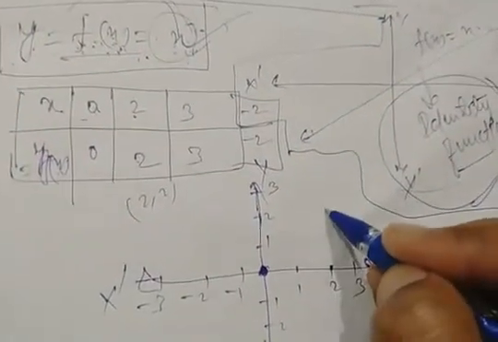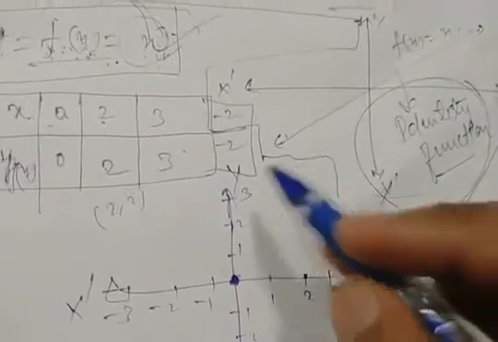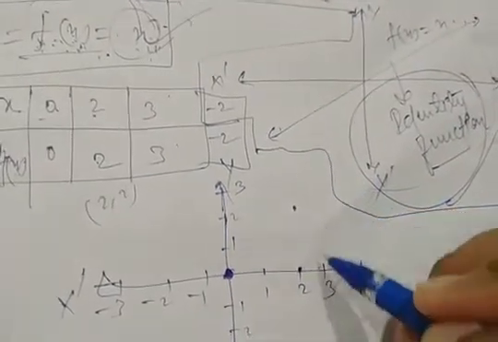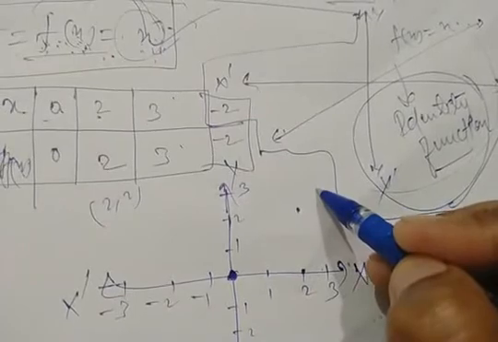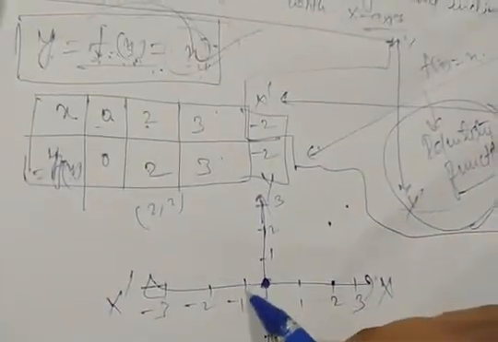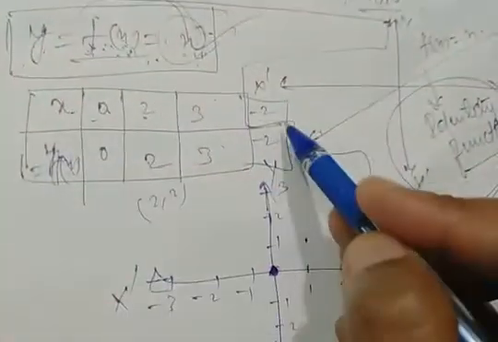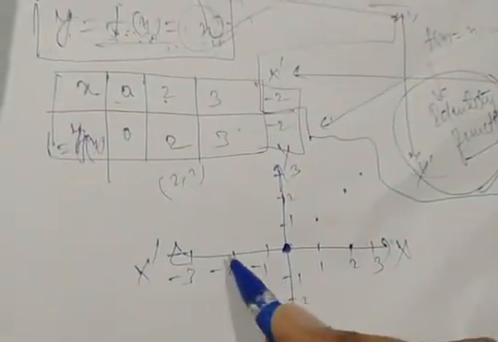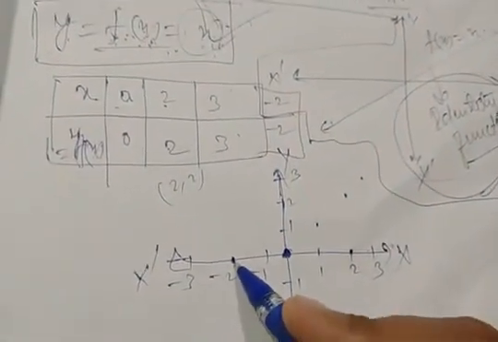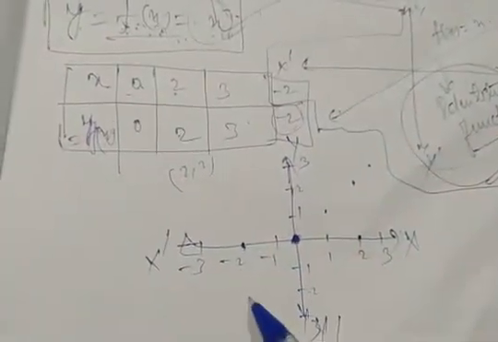Represented at what point? (2, 2) is at that point. Okay, (3, 3) we get at that point. Same as if we put 1, then the result we get is also 1, at that point. Similarly, if we put x is equal to minus 2, then at the y-axis we also get minus 2, so (-2, -2) is at that point.